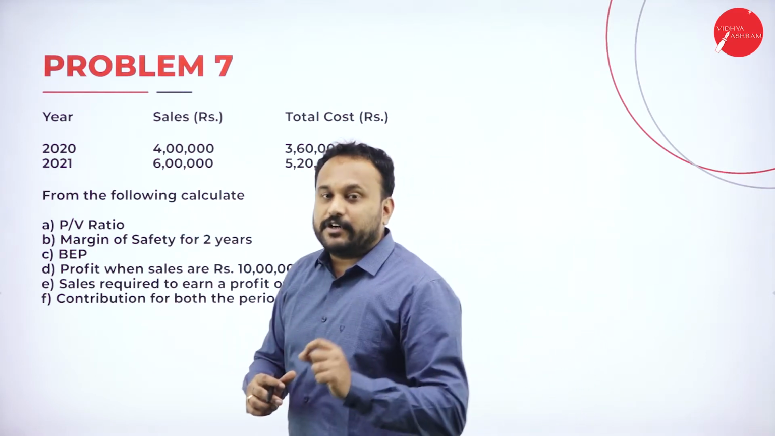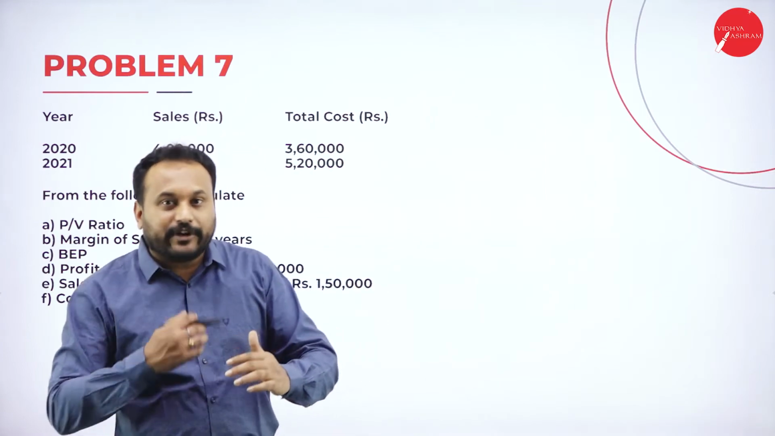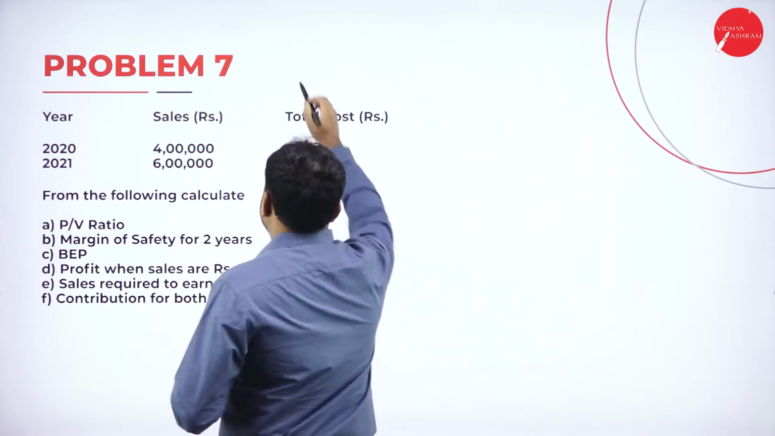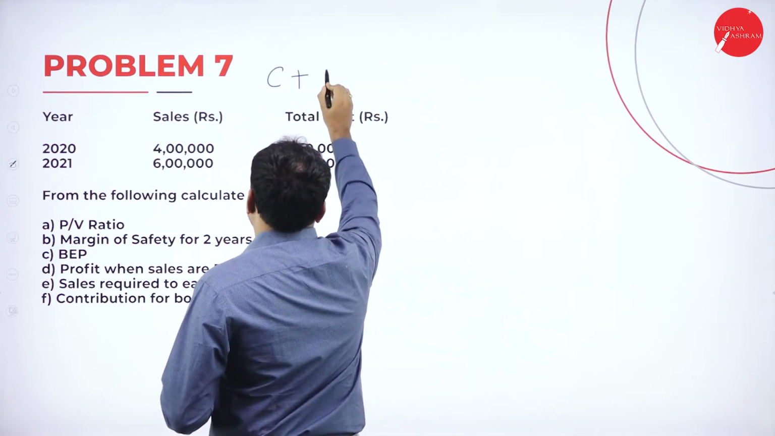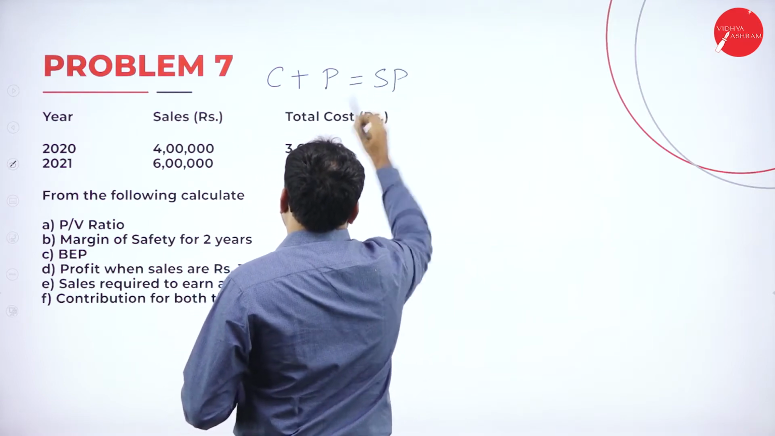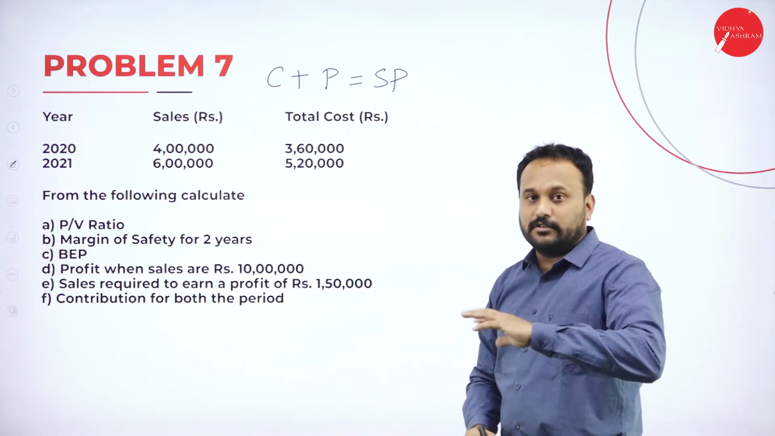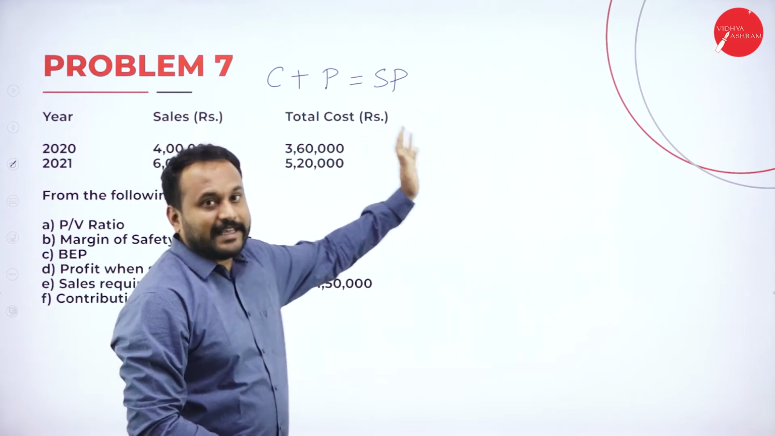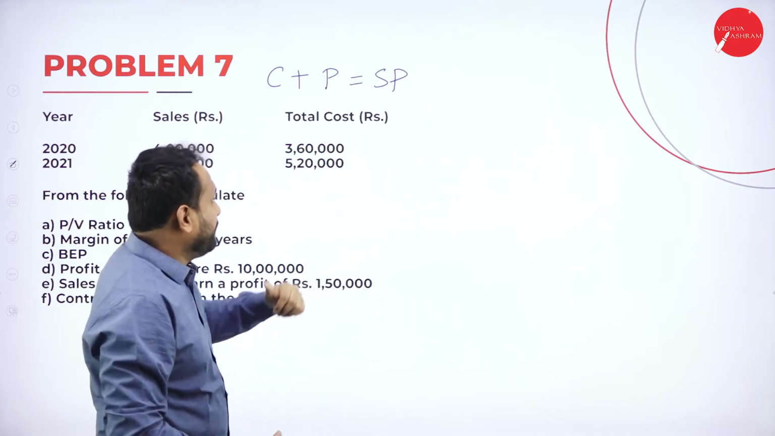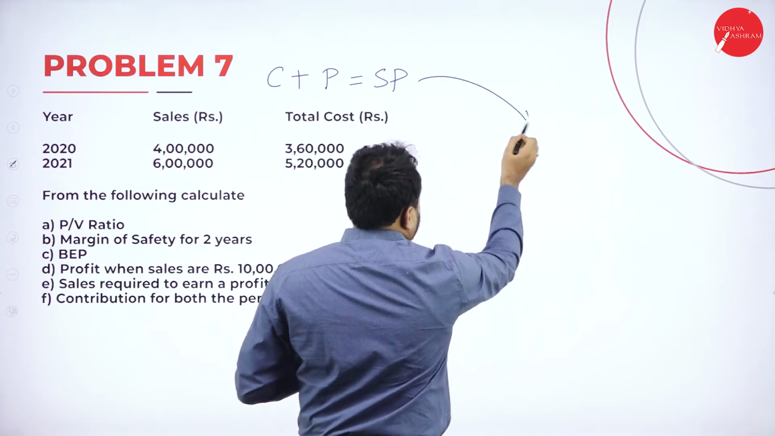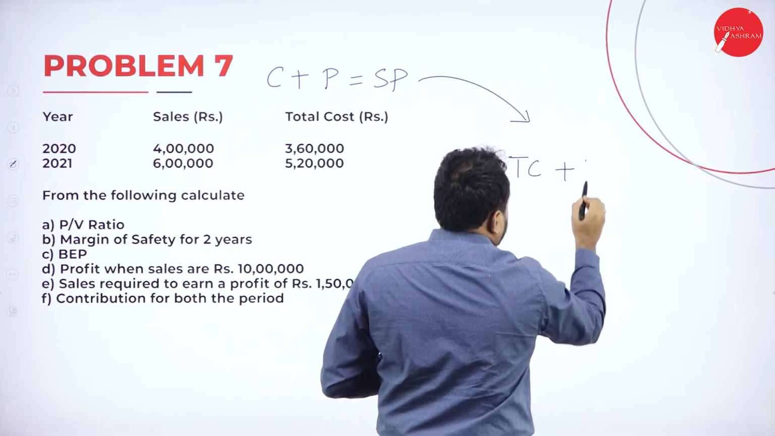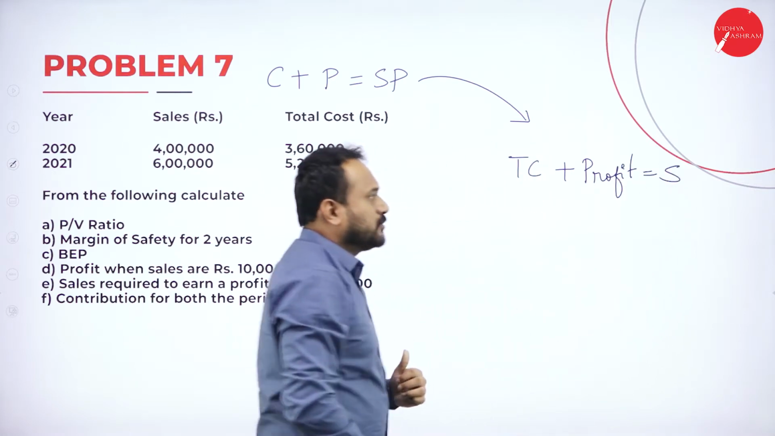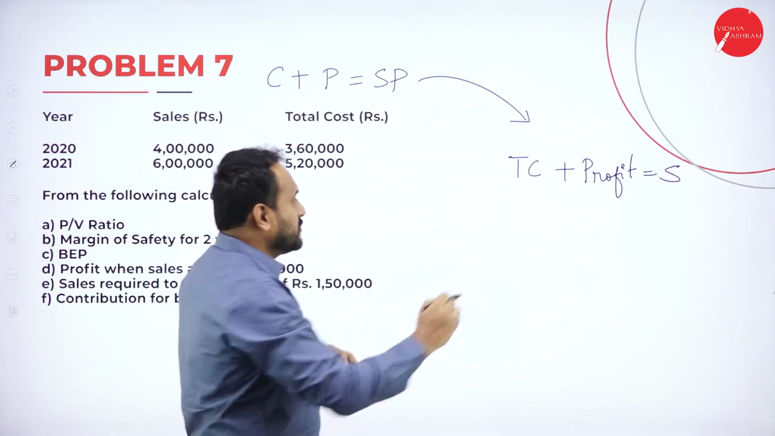Now understand, whenever you get total cost, you need to frame a question to yourself. I'll give you a hint. Cost plus profit is equal to selling price, correct? That means cost per unit plus profit per unit is equal to selling price. Selling price is always per unit. The same way, total cost plus profit is equal to sales. So now what has happened is